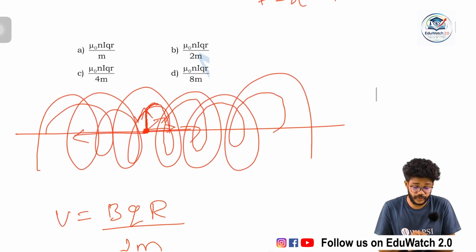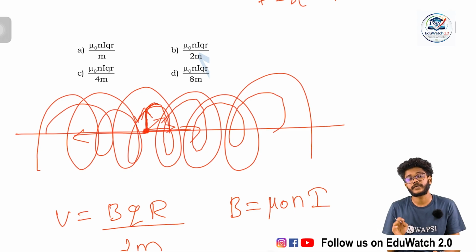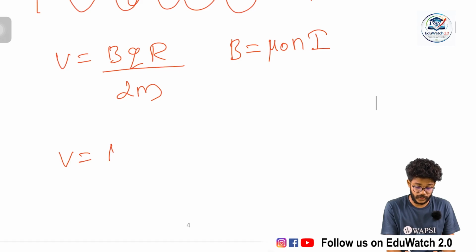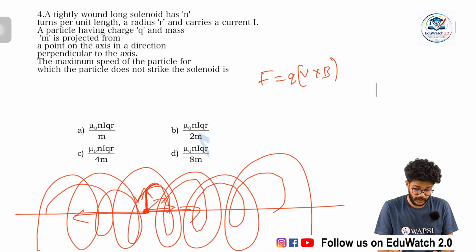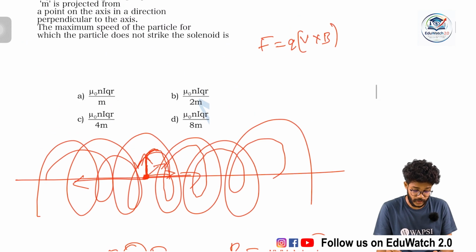Then see, mu 0 is in the option, so we want to substitute the magnetic field inside a solenoid. The magnetic field inside a solenoid is mu 0 n I, simple. n is the number of turns per unit length and I is the current. So using this, V is equal to mu 0 n I into R by 2m. Which option? Mu 0 n I, sorry, charge, we forgot to write the charge. So Q is there: mu 0 n I Q R